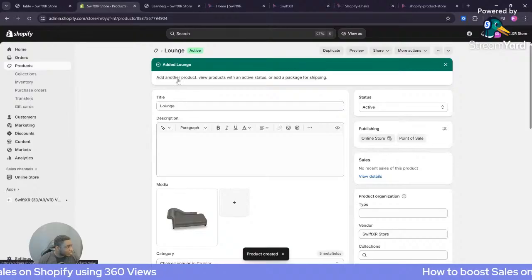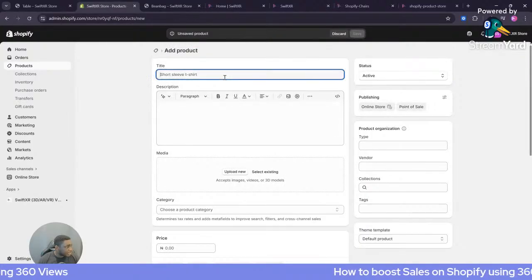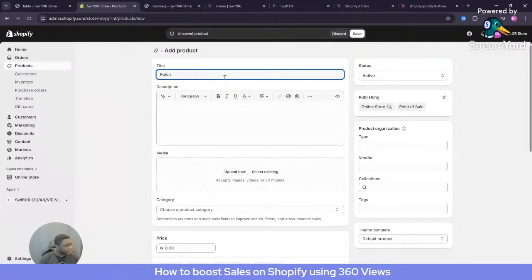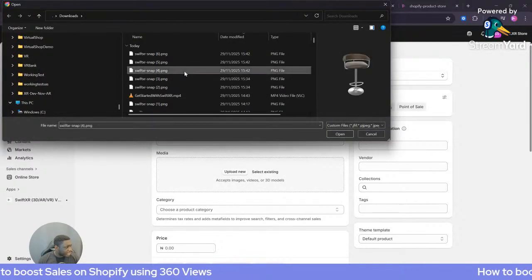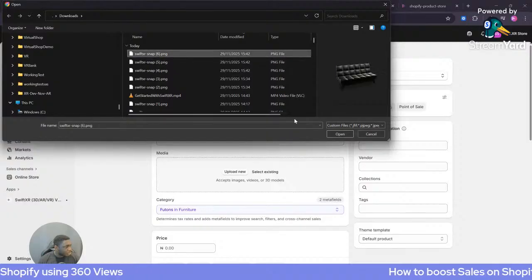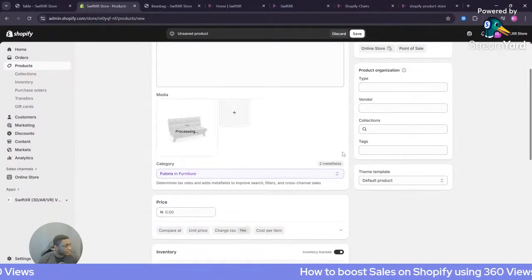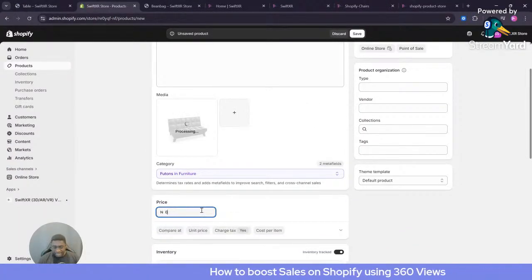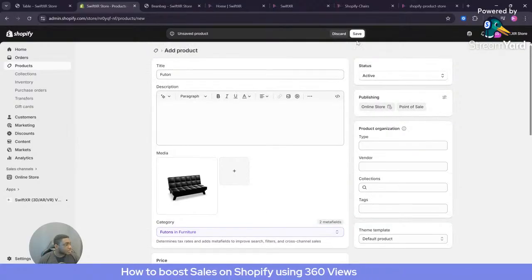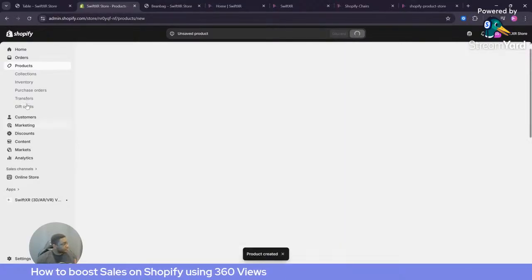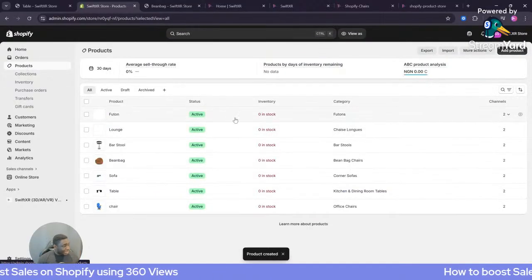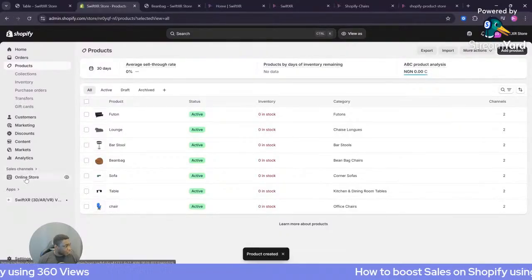And last but not the least, we can add in a new one here, and that's the... Where's Fulton? Is that what it was called? Then we can add that here as well. Give it a price once again and save that. And now that we have those 3 new products, we can go over to